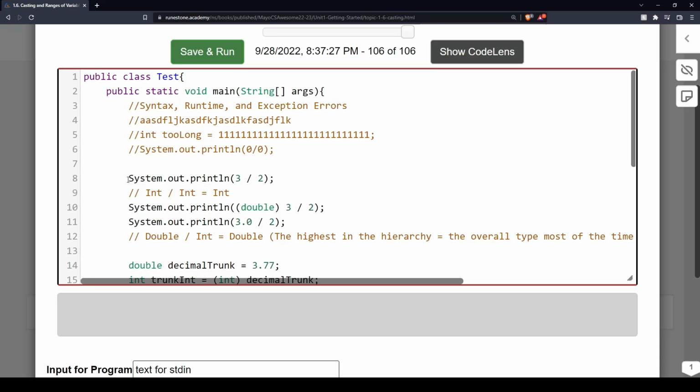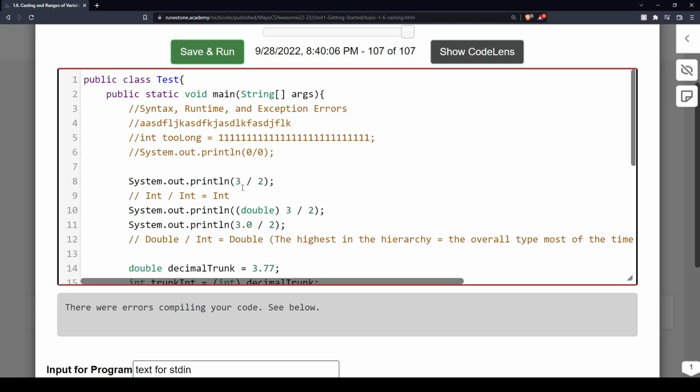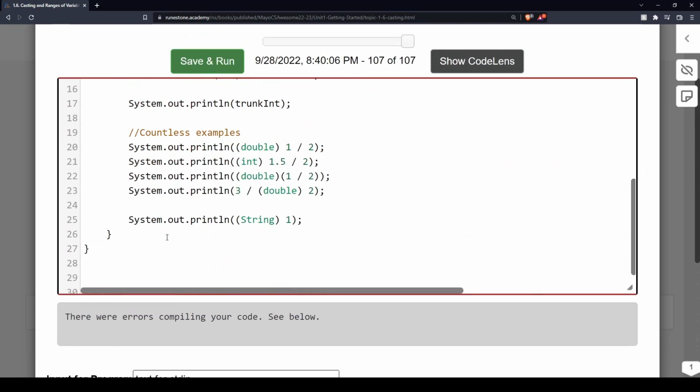So in this first one, we have this thing which is basically printing out the value of the expression 3 divided by 2, okay? So it's an integer divided by an integer, right? And since they're both the same type, then the output will also be that type, right? So 3 divided by 2 should give us a value of 1.5. But as we said, doubles and floats are the only ways for us to store decimal values, right? So when we return the integer value of 1.5,